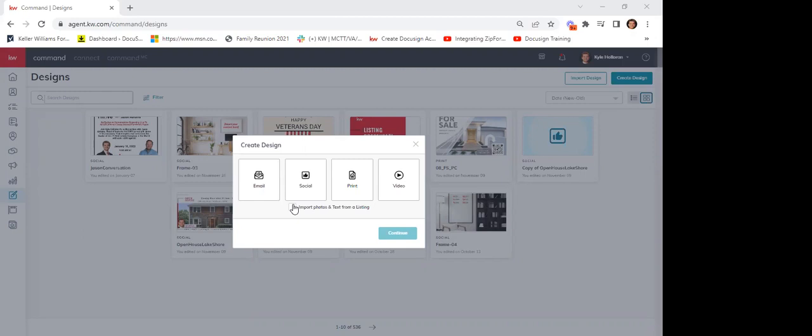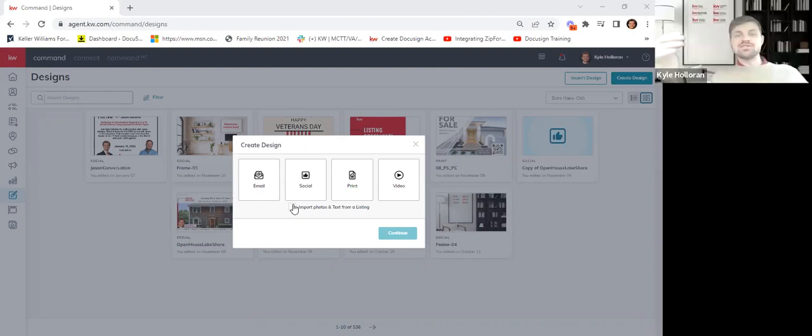Nice. Pretty cool, huh? Here's how you can really use it well is if you're hosting an open house maybe for another agent, you don't even need to ask them for the photos. You could say, hey, I want to import the photos from 123 Main Street, and all those photos would be there available for you to use when we're creating the graphic. And I'll show you how we're going to do that.